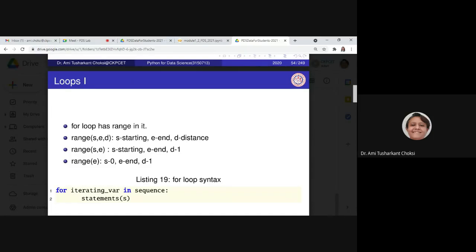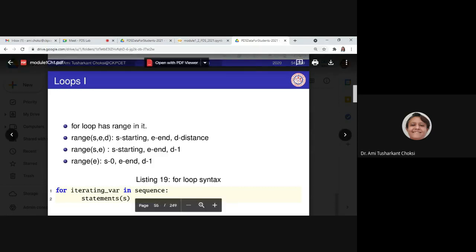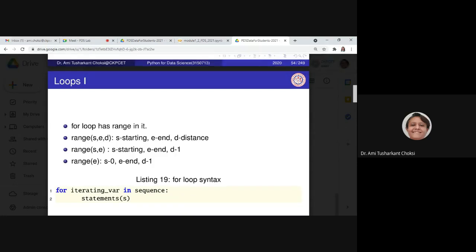Range, what is that? Till now in C, C++, we typically had it as for I is equal to 0, I is less than 5, I plus plus, right? Here we can say for loop has range in it.